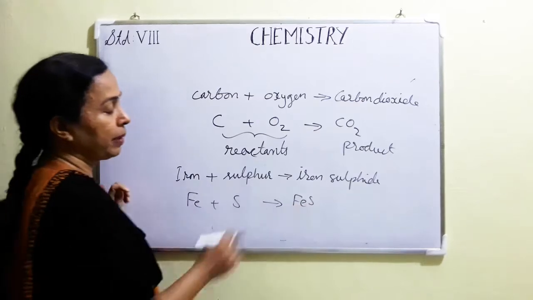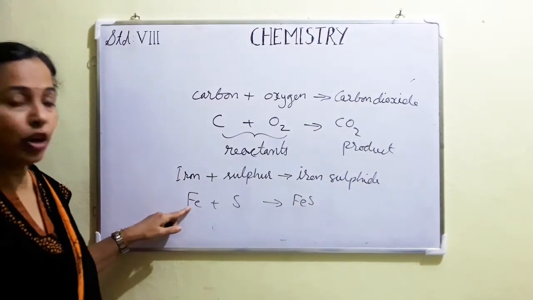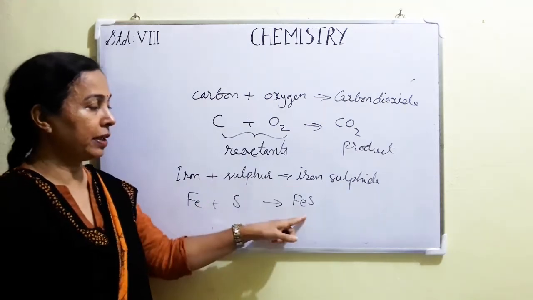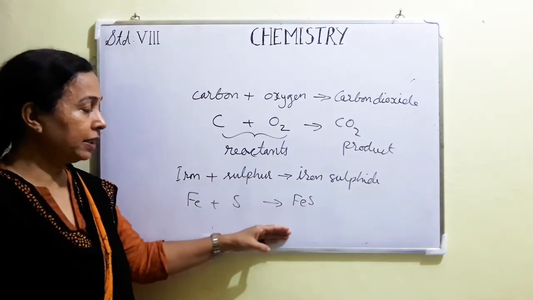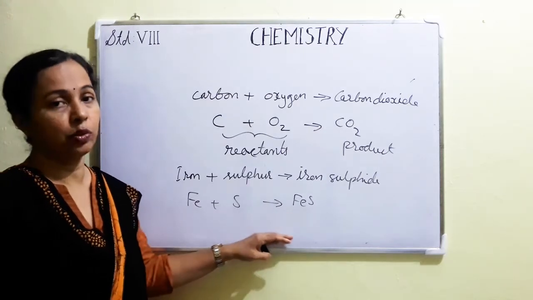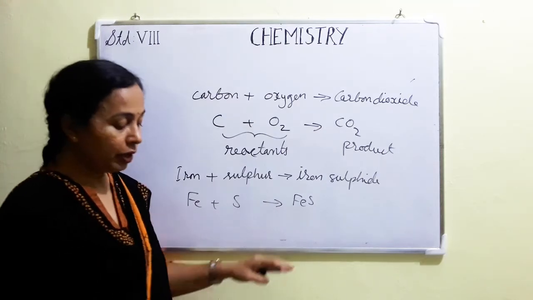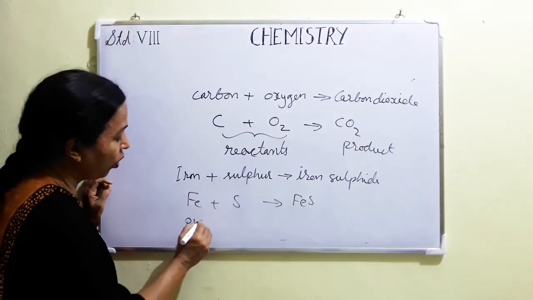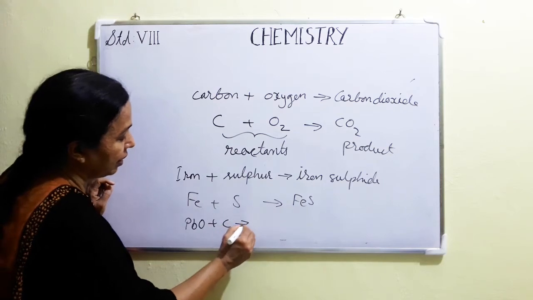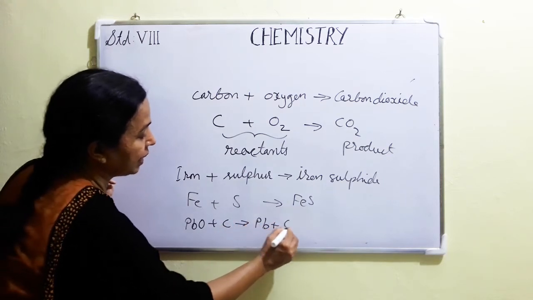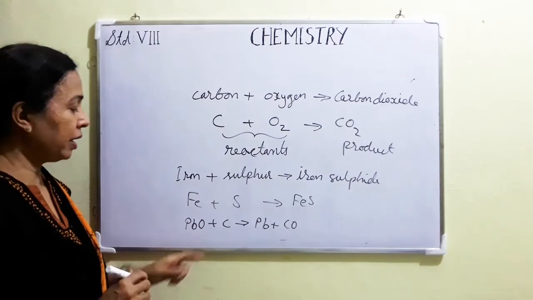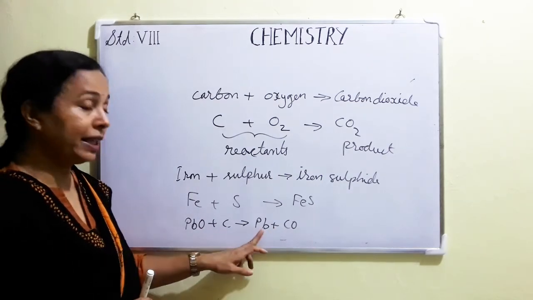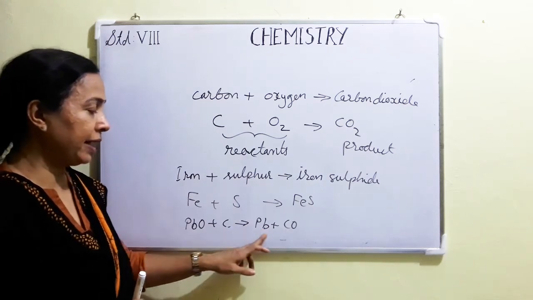It's a compound represented by the formula. Iron, again monoatomic molecule, so Fe. Sulfur symbol S and ferrous sulfide FeS. Okay, so here this is also another chemical equation. Now suppose we write lead oxide combining with carbon: PbO plus C gives Pb plus CO. This is the equation. Reactants and products are written. Carbon is a monoatomic molecule, lead is also a monoatomic molecule. Therefore, we can write the symbols.